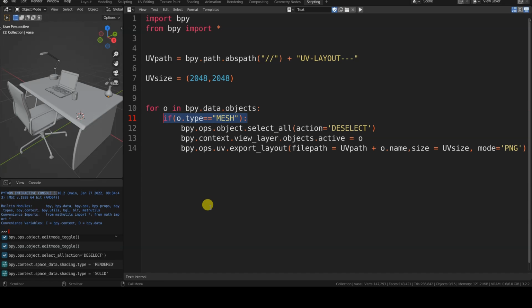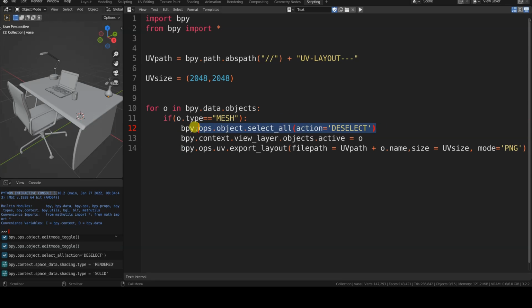If o.type equals mesh. The condition is clear. The type of the current bpy data object must be mesh. The following statements must be put inside the if, so again, don't forget to indent the text.